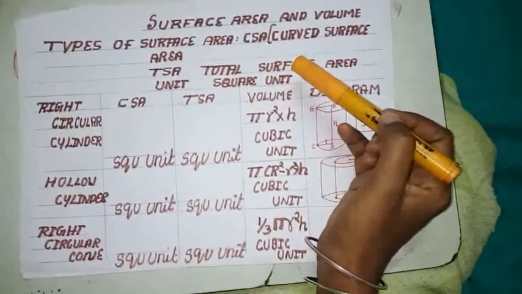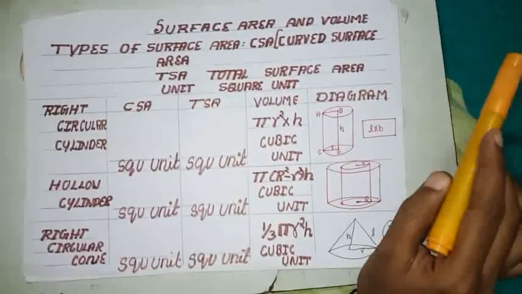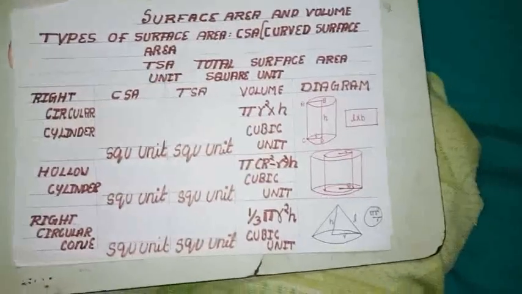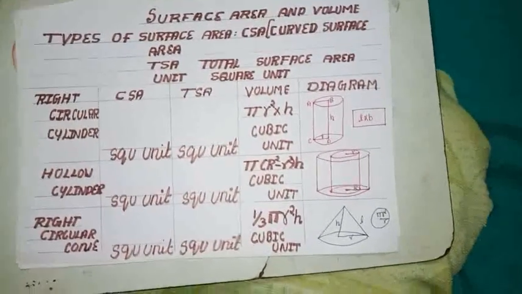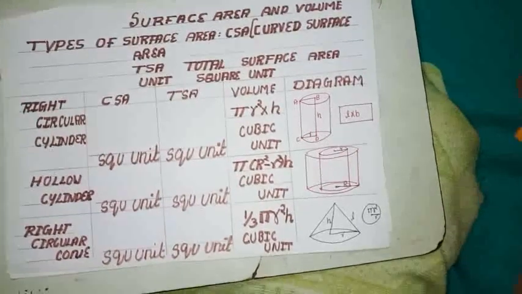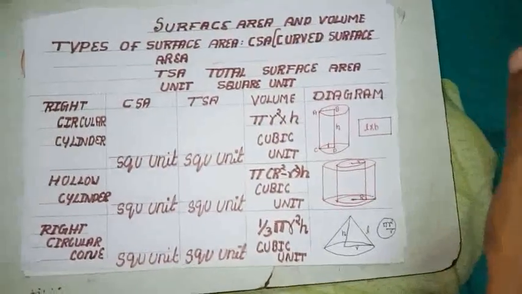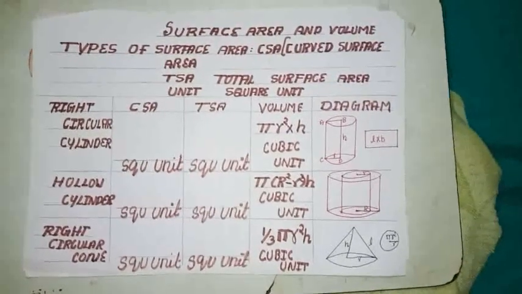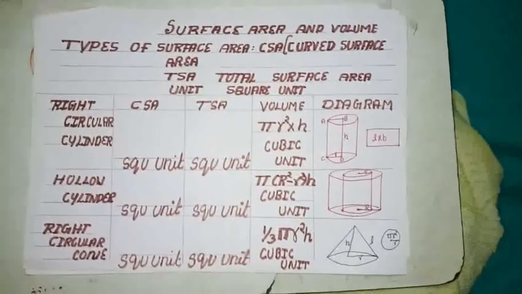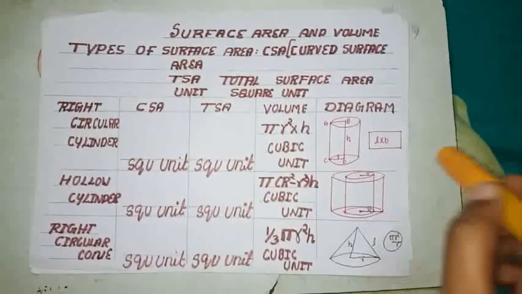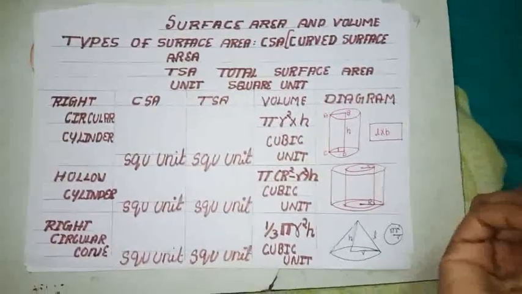Next one is volume. Volume itself is quantity. Quantity is the quantity of 3-dimensional space occupied by a 3D object, which means I'll take a 1 liter water bottle. The volume of the water bottle is 1 liter because only 1 liter of water can be taken. 2 liters is not possible. So 1 liter is the volume of the water bottle.